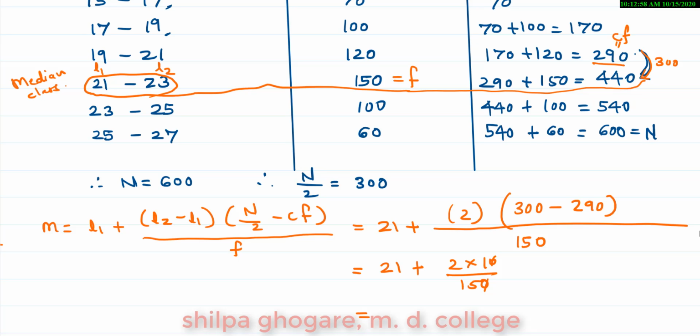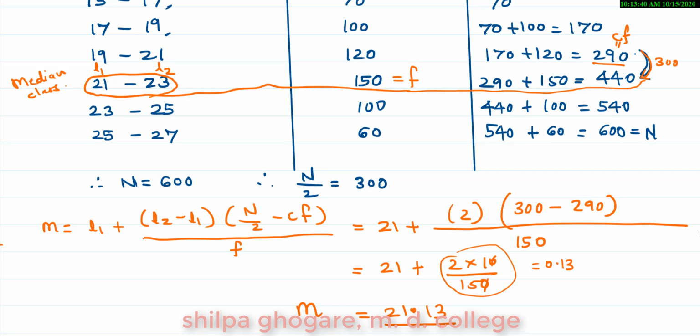I will tell you how to do this calculation in one stroke using your calculator. Now what you do is, on the calculator, find out the value of 2 upon 50. All of you do that, 2 upon 50. If you use the calculator, it comes out to be 0.13. So this particular answer comes out to be 0.13, and then add it to 21. So I get 21.13 is my answer. Of course, this is the median.